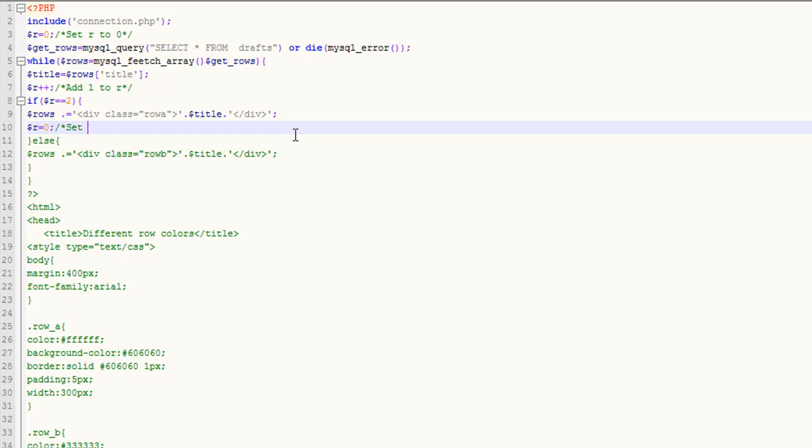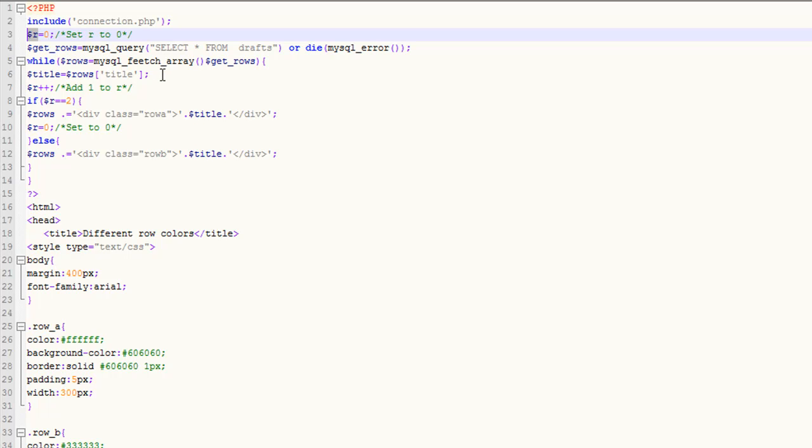So what's going to happen is, first up here we're setting this to 0. And then in our while loop, each time this loop gets used, we're going to add 1 to it. So for each row we get from the database,